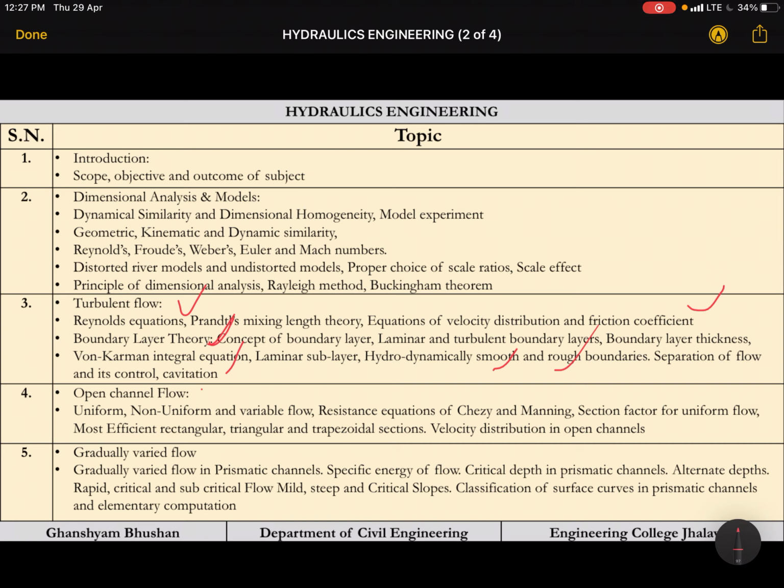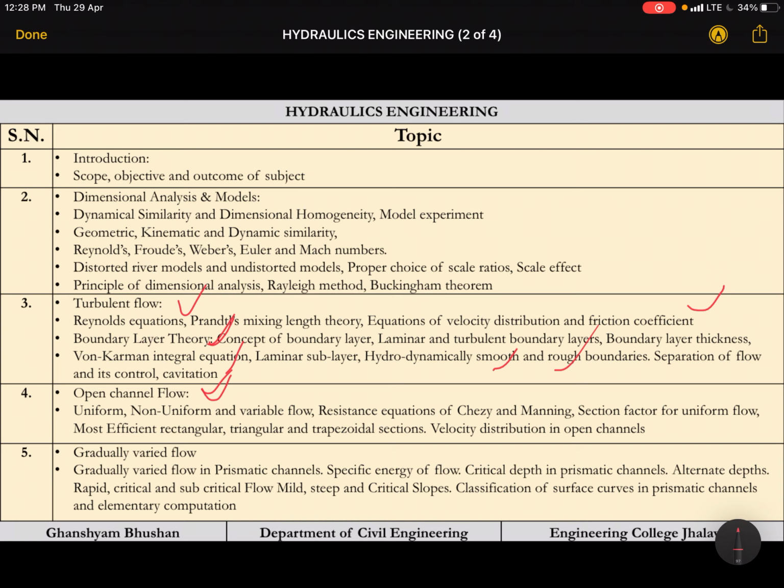After that we will be seeing open channel flow. From here the main civil engineering starts for you. Open channel flow is flow in an open channel, flow under gravity, like canals and drains. The sewer is not an open channel, but sometimes the sewer can also be open. If the flow is subjected to open atmosphere, the pressure is atmospheric pressure, and the flow is majorly gravity flow, then that is open channel flow. We will see this flow in the next semester when you deal with water resource engineering, when you are going to design those structures.